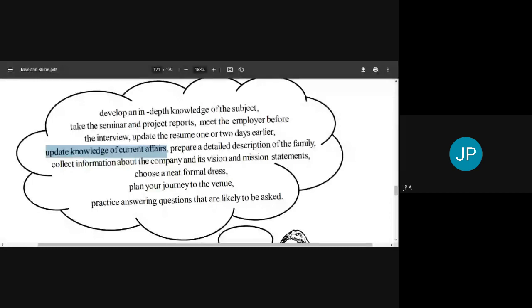So if we can develop certain healthy habits, like a good routine, that will stay with us through our life